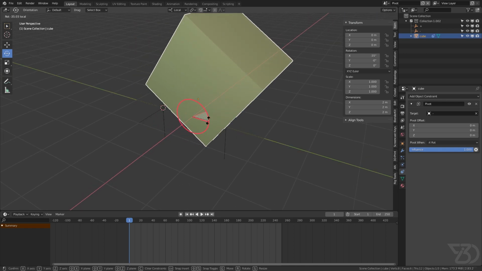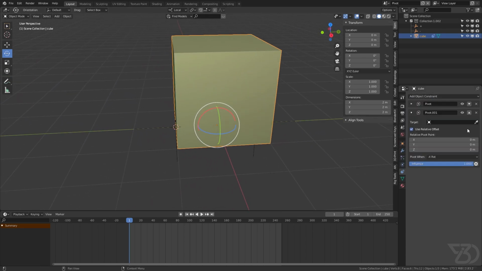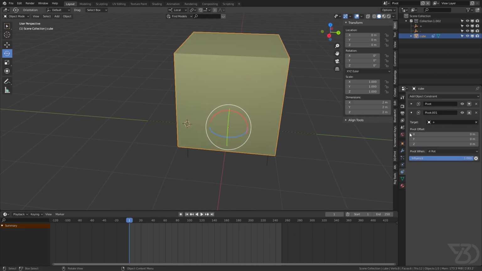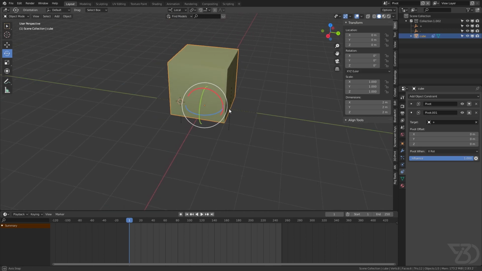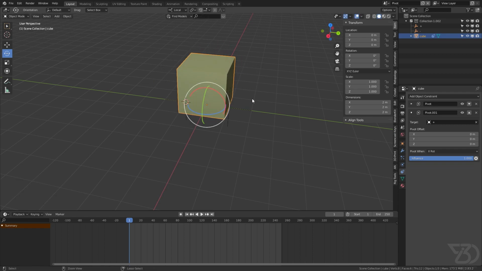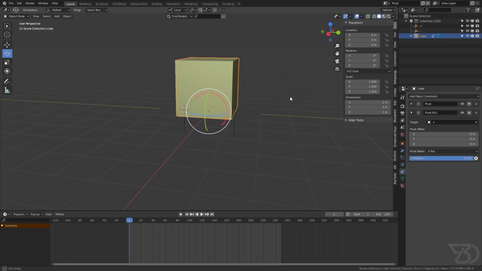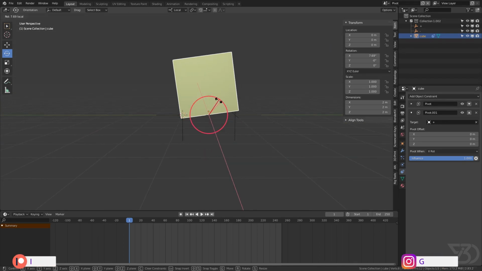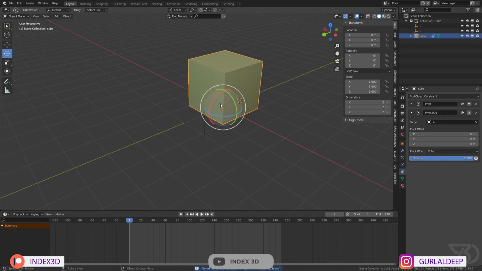So if I rotate like that, and now I can add one more pivot constraint for that one, and then I can select this one, and it should be plus, because we are going in the positive axis. So now if I do this, see. So it's really useful for creating like a shoe, so let's assume this one is a shoe, so we can do this and that, shoe or leg rig, sorry.